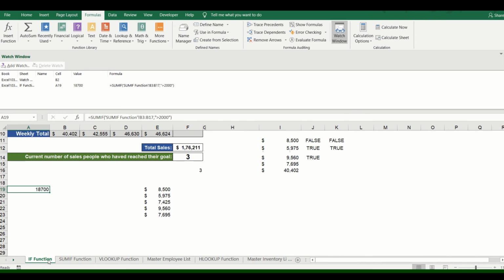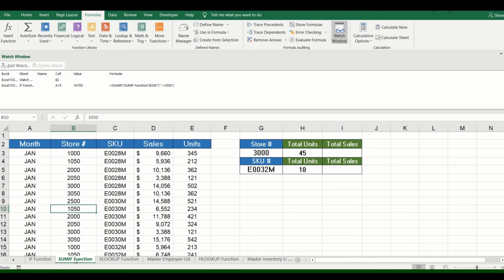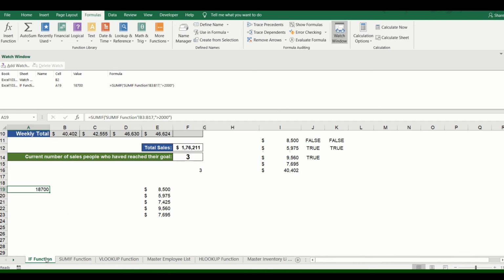So rather than going back and forth and checking whether my value is changing or not, using a watch window where you are working across different sheets, you can check whether the values are changing or not, ठीक है, कोई corrections तो नहीं हो रही, गलतियाँ नहीं हो रही, so you can just monitor 2 sheets at the same time using a watch window. ठीक है, that is watch window and it is useful for formula auditing. ठीक है। ऑडिटिंग में बेसिकली हम चेक कर रहे हैं ना कि आप जो कर रहे हो सही है कि नहीं, you are rectifying mistakes, you are just seeing whether everything is perfect or not, ठीक है।